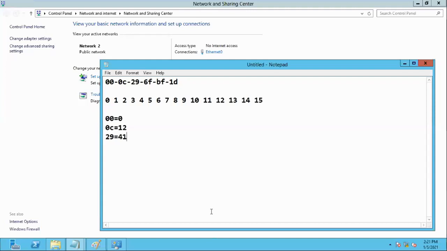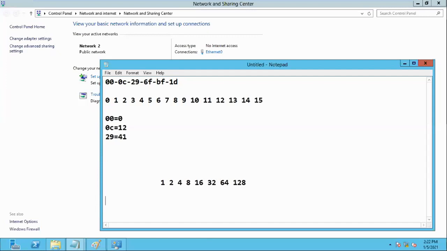How, sir? Binary number, how does it become? 1, 2, 4, 8, 16, right? 32 and 64. Then 128, remember? 256.